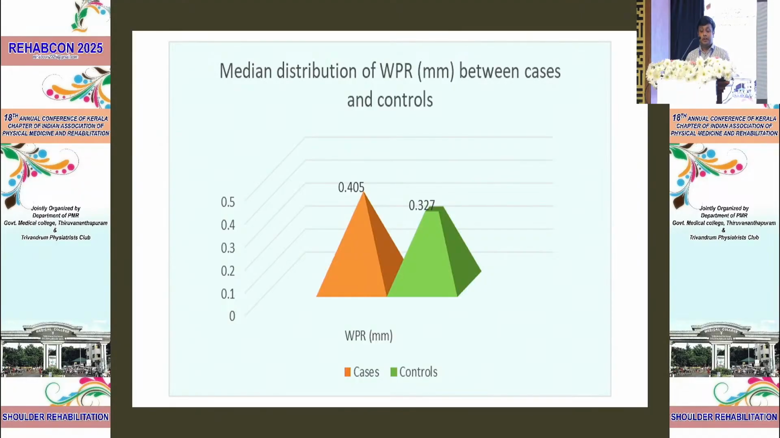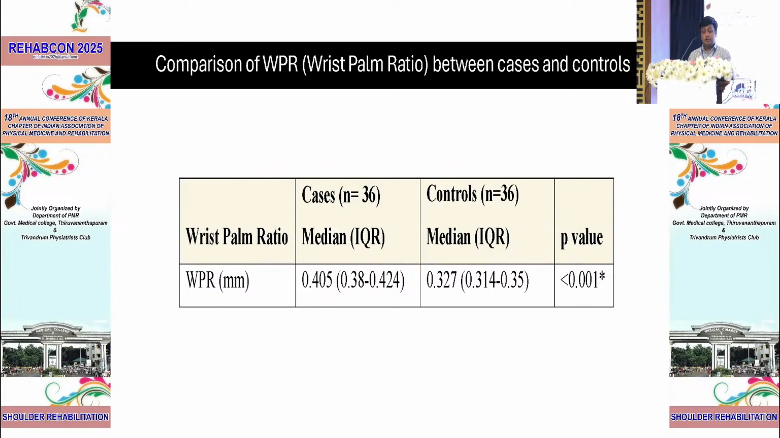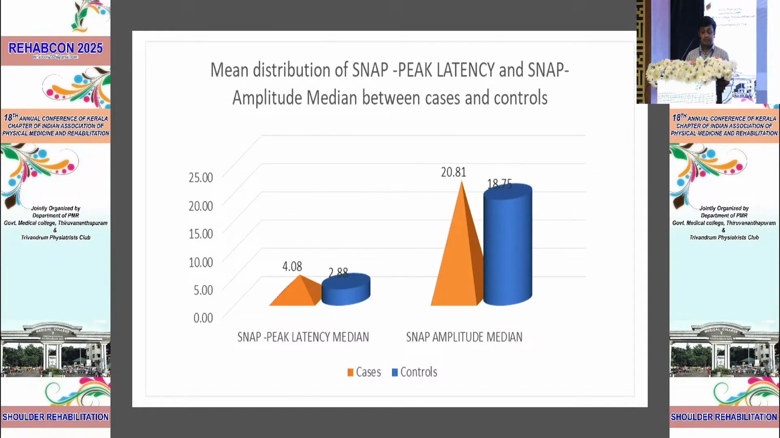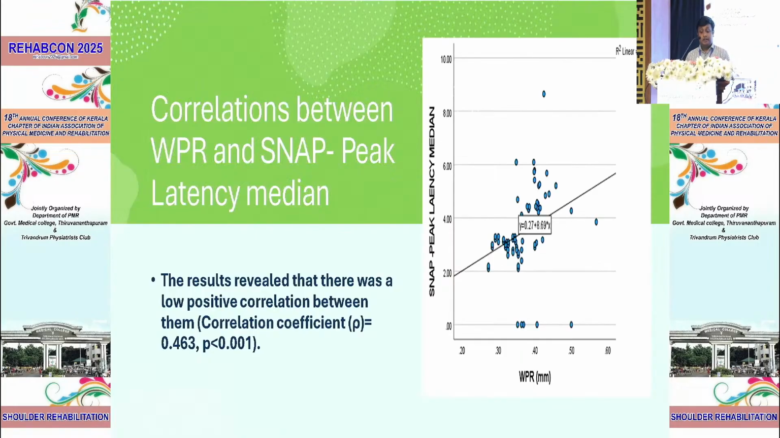The mean WPR among the cases was 0.405 and the control was 0.327. So when we compare the WPR among the cases and the control, there was a significance with a p-value less than 0.001. The mean SNAP latency among the cases was 4.08 and the controls was 2.88. When we correlate the SNAP and WPR, there was a positive correlation between them with the correlation coefficient r equal to